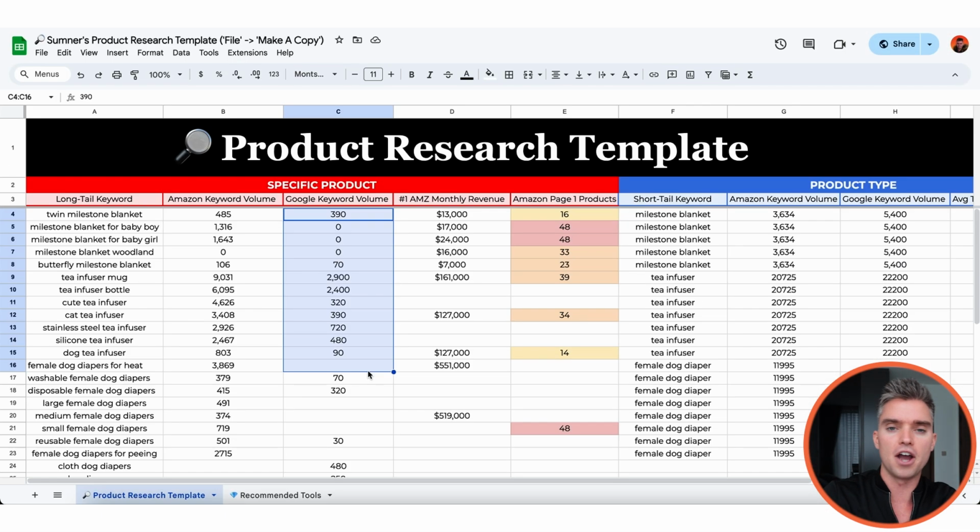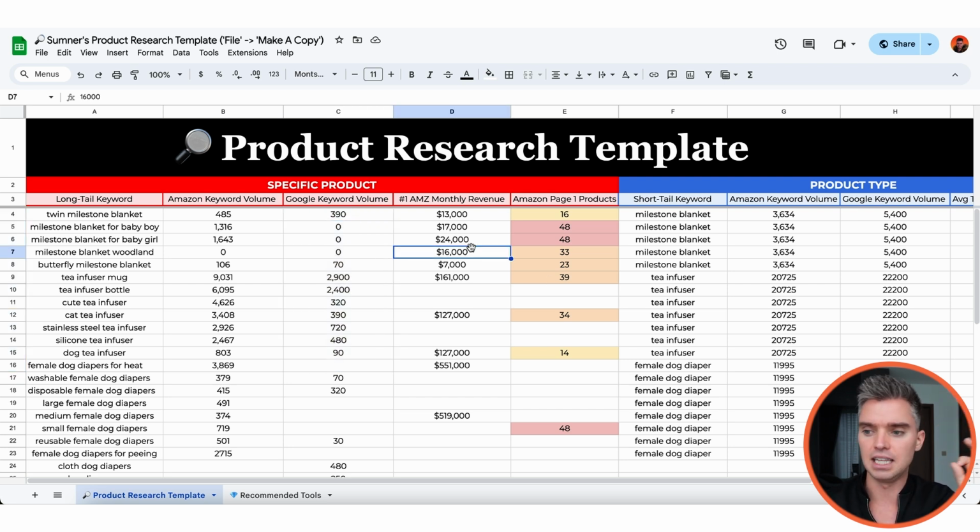If one tool shows super high in Google or super high in Amazon, but very low in the opposite, that makes me a bit wary because I'm like, maybe the tool isn't 100% accurate. So that's why I want to look at multiple data sources. So Amazon keyword volume using Helium 10 Magnet, Google keyword volume using KeySearch, Amazon monthly revenue using Helium 10